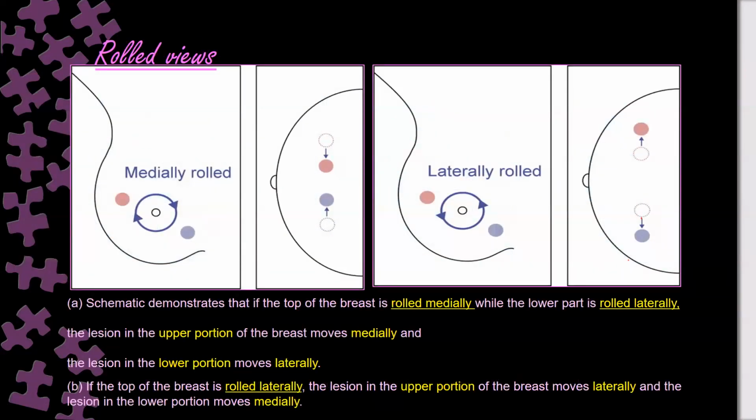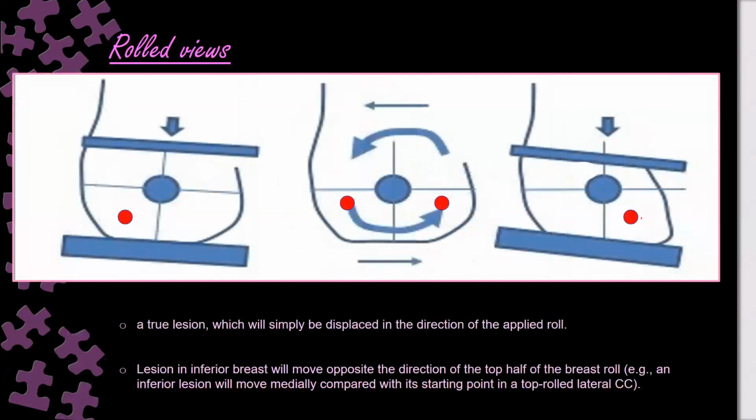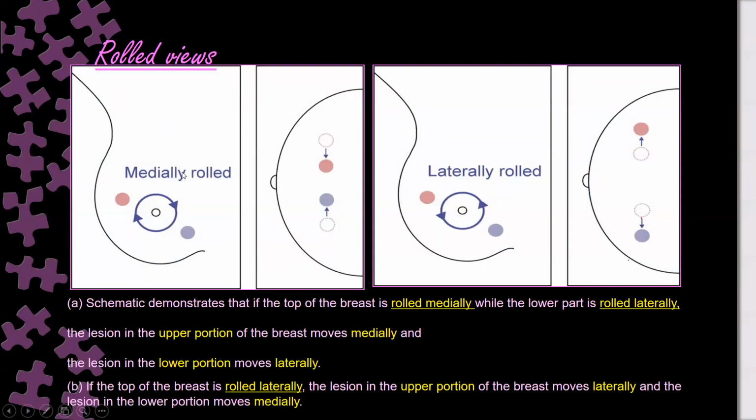Okay, another illustration. Medial rolling, lateral rolling. This is lateral rolling. Lateral rolling means I push the superior part of the breast toward the lateral. Medial rolling, if the arrow is reversed, I push the superior part toward the medial. You got it? Medial rolling means the superior part, I push it